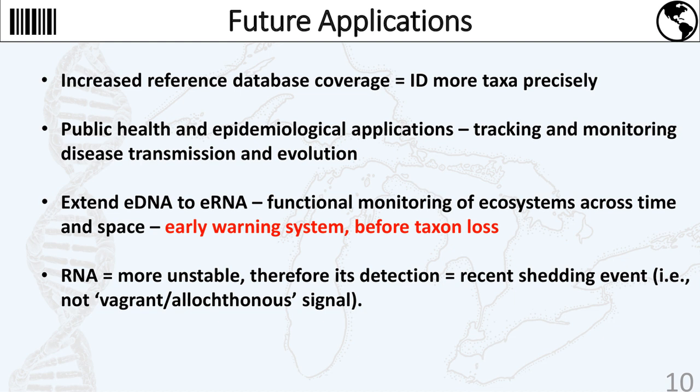eRNA detects the functional products of genes whose relative levels of expression may change in response to environmental alterations. By tracking this change, one may subsume eRNA detection into our body of canary markers. eRNA has the potential to be more sensitive than eDNA in this respect, bolstering the sensitivity of routine monitoring of vulnerable ecosystems. Additionally, because RNA is produced by living, viable organisms, we can be more confident that the e-nucleic acid